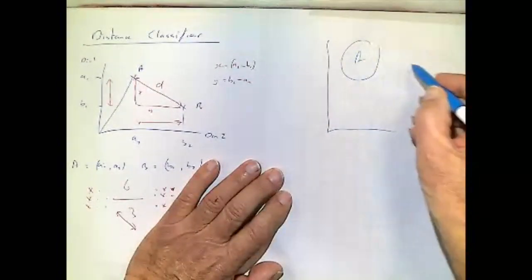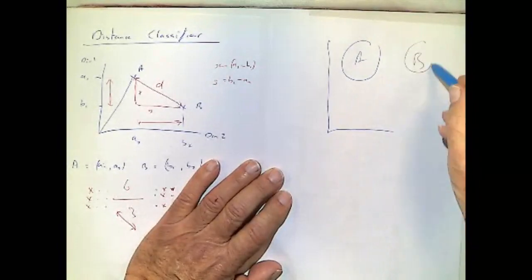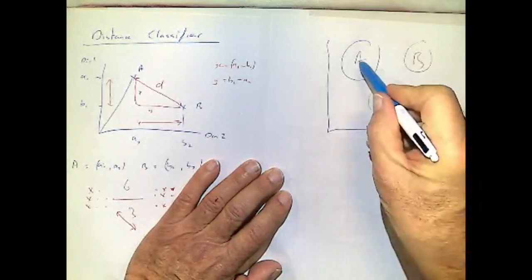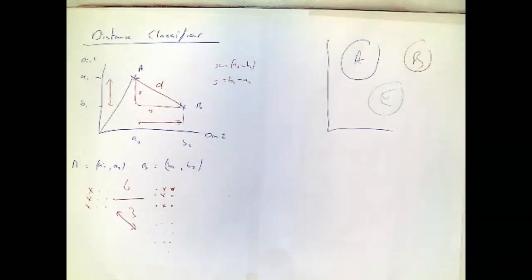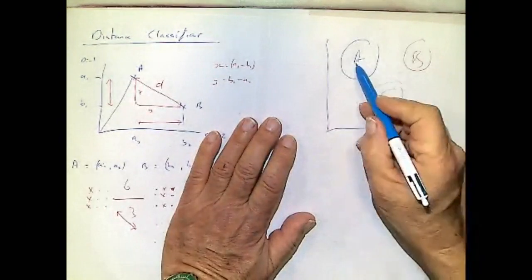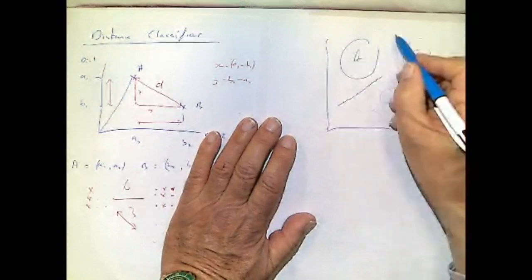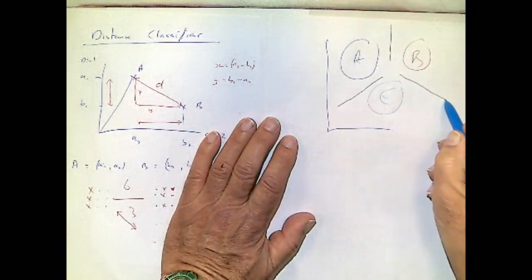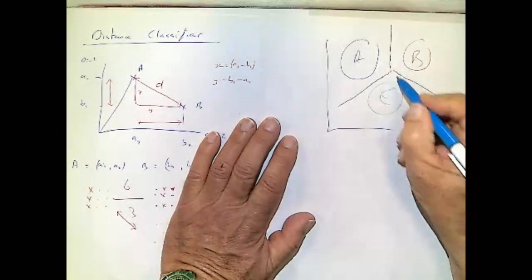Just score this class A. If I have a class B, it's a different colour. If I have class C down here, then you've taken 1 point for each of them. You can work out the decision surface starting in this region. A and C are dominating. The midpoint between there, the decision surface is going to come in something like that. When I get between A and B, it's going to come in something like that. And when I do these two, it comes in somewhere like that. And if you extend to the center, I think then every occasion they should meet at a point.